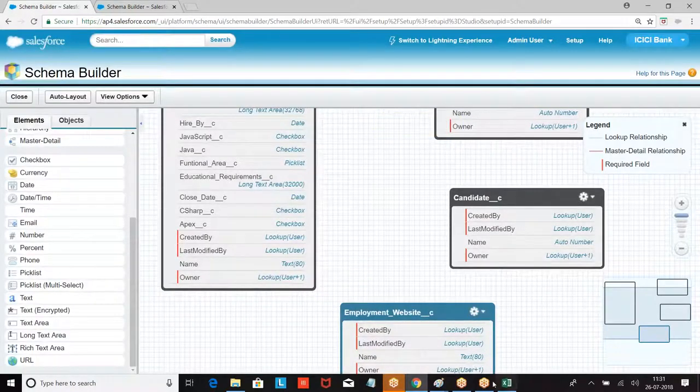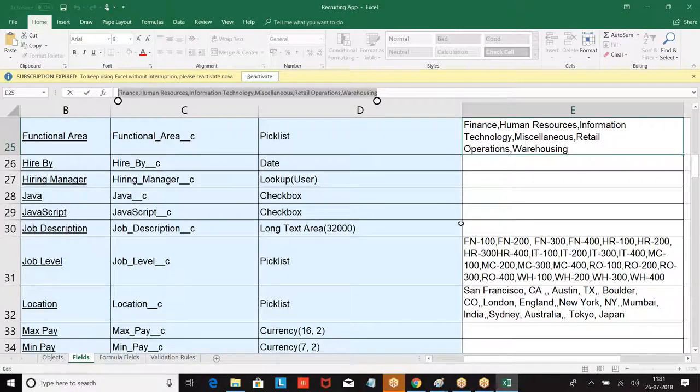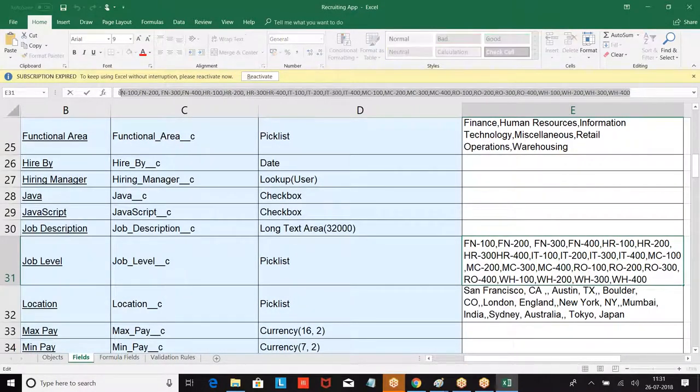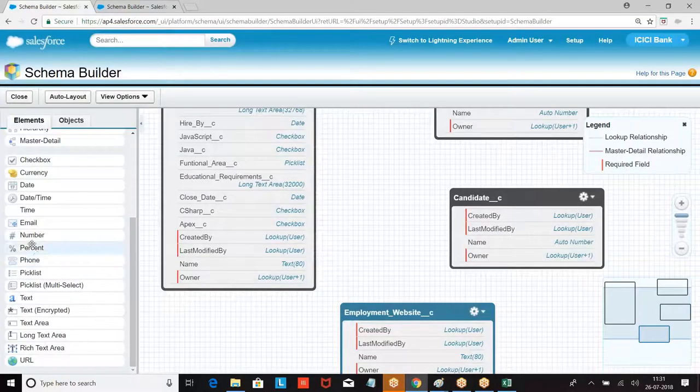Then job description. What are the next options? We had job level, pick list.